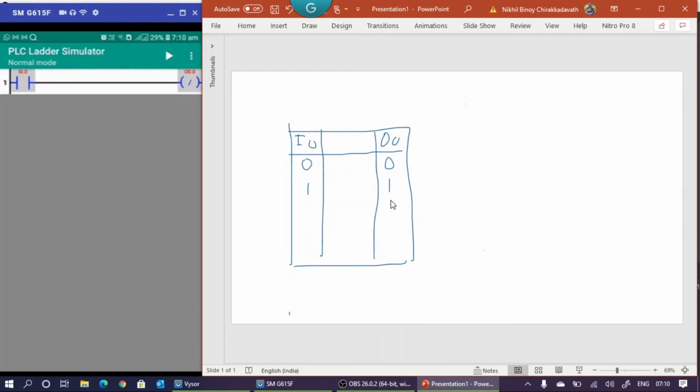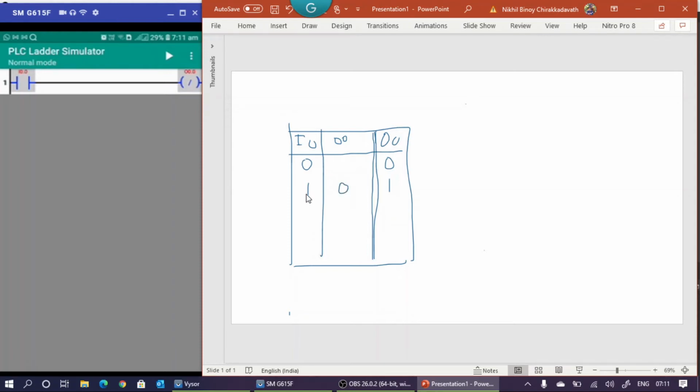So what we can do? So this is output, this is input. So we can add one more input, that is O0 itself. So please note, this O0 is the input of this O0. So I am drawing a double line. So these are the inputs and this one is output. So if input is 0, then output is 0. If input is 1, at that point current output is 0.